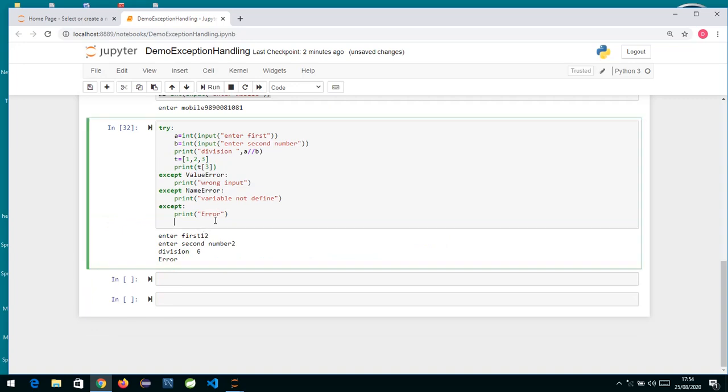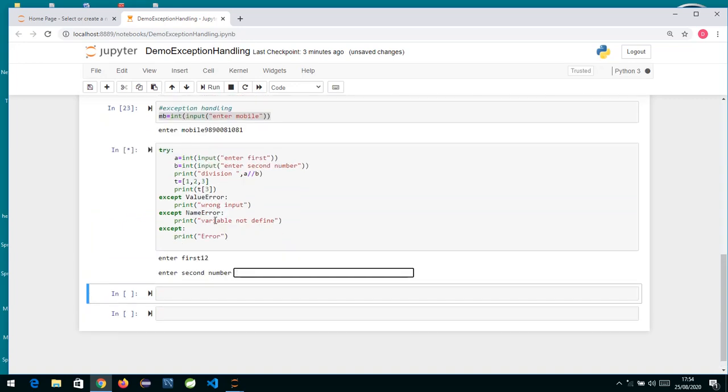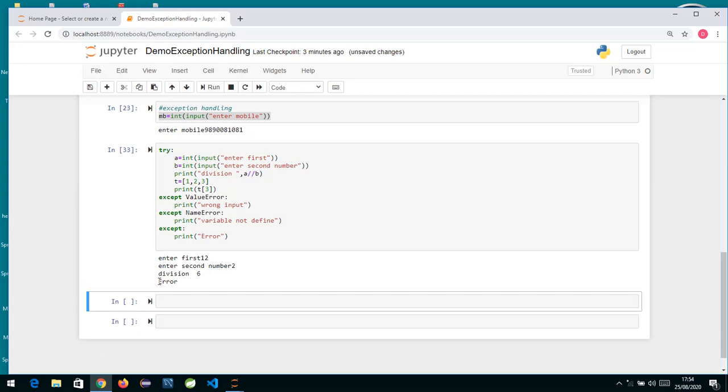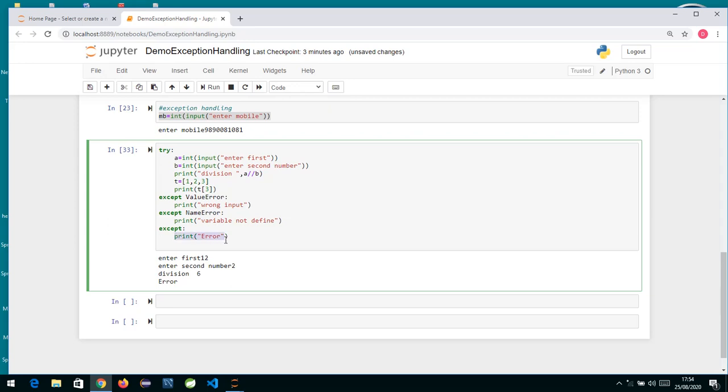Now if I run and show you again, this is my first number, this is my second number, and you can see on screen we have got this message: error. Why are we in the last except block? Because index error has been generated here, and because of that it went inside this except block and has given us this message.